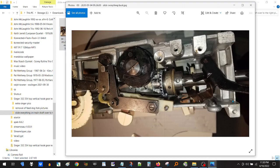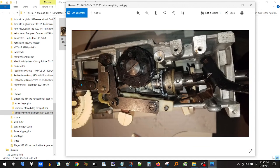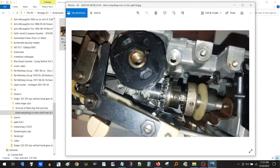You need to slide the gears back over so they mesh with the new gear. And the one thing that's key is when you tighten the set screw for this. Let me get to that particular picture so you can see it. This is the first gear to come over once you have the new gear underneath, and you mesh it with the new gear. Just tighten the set screw, not super tight. And then once you've got it meshed with the gears, grab the hand wheel and stick it on the rod that the hand wheel goes on and turn it by hand a little bit to get an idea how it feels. And you might feel that it feels too tight on one part of the revolution